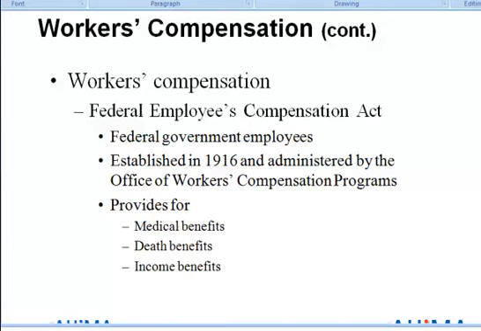The Federal Employees Compensation Act of 1916 was established to basically ensure that civilian employees of the federal government are provided medical, death, income benefits for work-related accidents, illnesses, or death. So it provides for medical, death benefits, and for loss